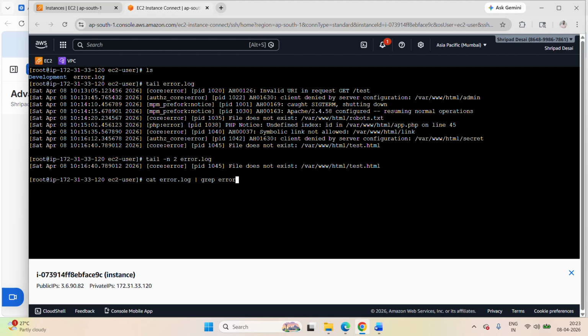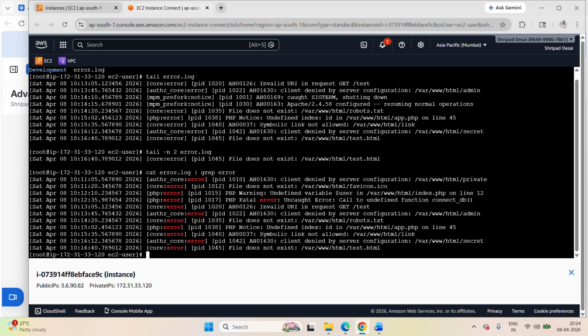So this is the way to try and understand how much is available. Less than 15%, 20%, depending upon the threshold set, incidents are triggered in the production environment. So this is very important in interviews. If you are giving a fresher kind of interview, you may be asked a simple question: how do you